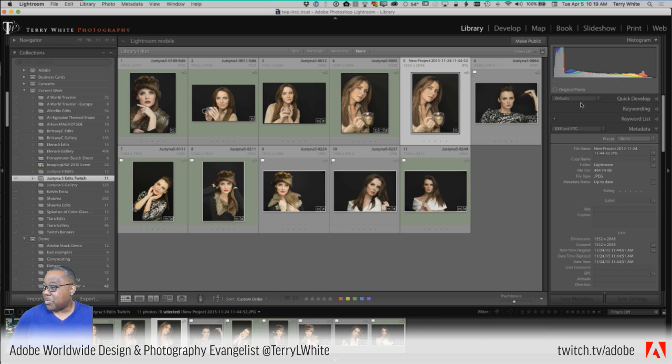So I saw some other questions pop in real quick here. Let me get to those. Gel111, yes, I use Lightroom instead of Bridge. I always have. They are different applications. Bridge is great as a file manager for the rest of the Creative Cloud applications, but for photography, I absolutely use Lightroom and always have.